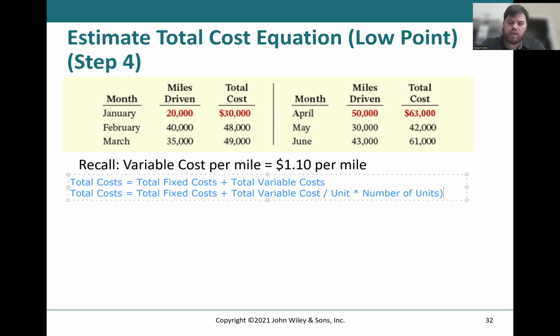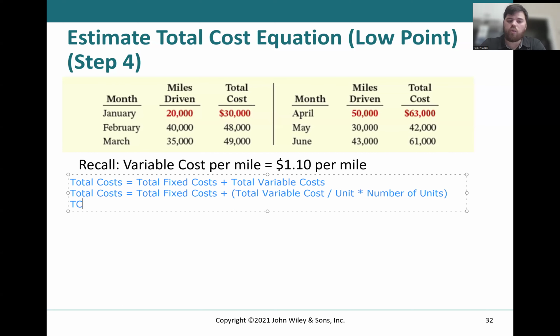Now, this right here, I'll put in parentheses just so it's a little bit easier to read. And now I'm going to say total cost, TC, equals total fixed cost plus, well, we know our total variable cost per unit is $1.10 per, in this case, mile,